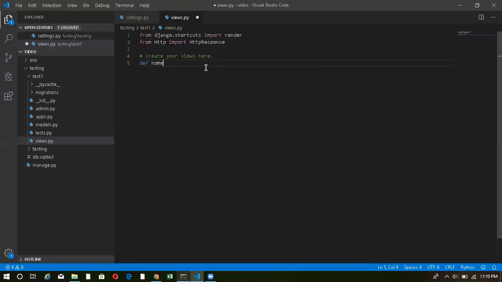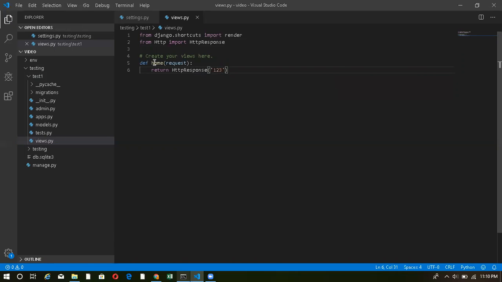Let me name it home. Then I have to write return render, or rather, instead of render, I have to return an HttpResponse. Now, what's basically this HttpResponse? You'll get to know. Let me just type 123 over here.